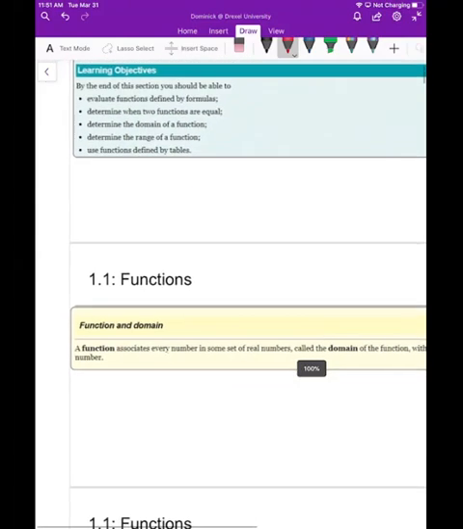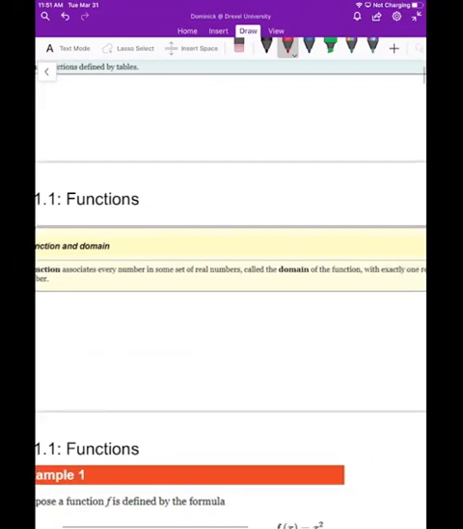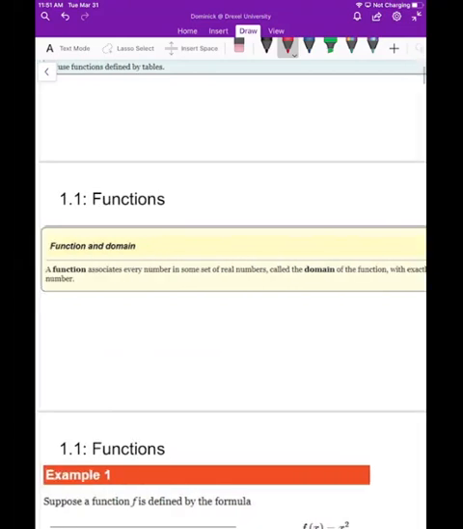Okay, so the first thing that I want to discuss is what we mean by a function. A function is something that associates every number in some set of real numbers called the domain of a function with exactly one number, right? So what does that mean sort of in English? What we mean in English by a function